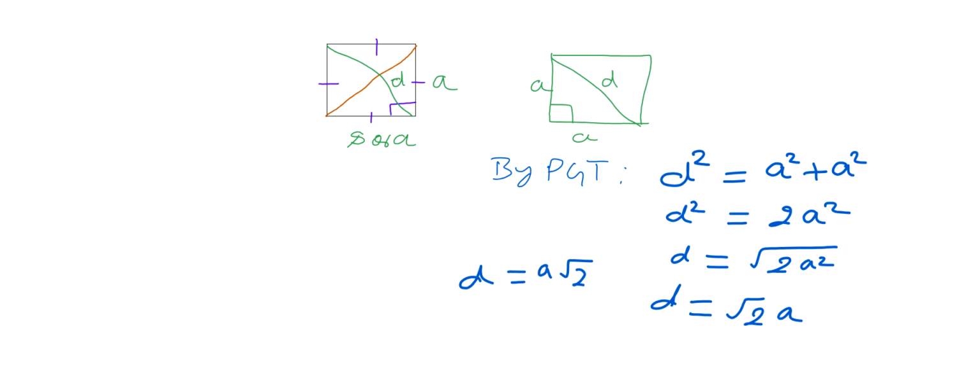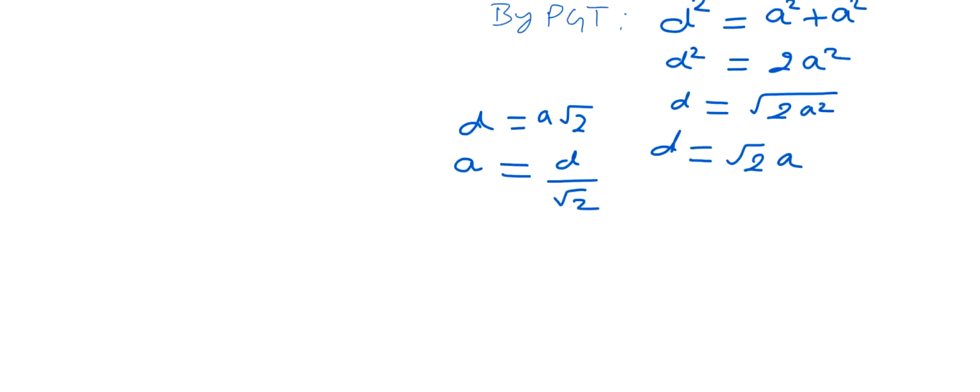D equals A root 2. Sometimes the side you have to find for the square, then A equals D by root 2. And if we know rationalization of denominator, then we can rationalize D by root 2. You have studied rationalizing the denominator in number system, I hope. If not, then we multiply by the same number,